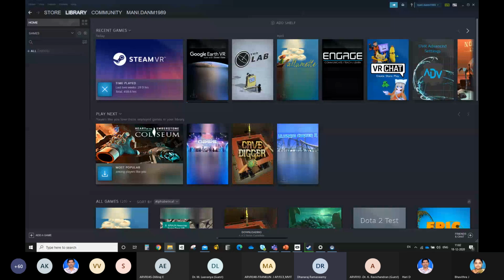See, this application I'm opening right now is developed by CareSoft. It's loading. Just a minute, it's loading.